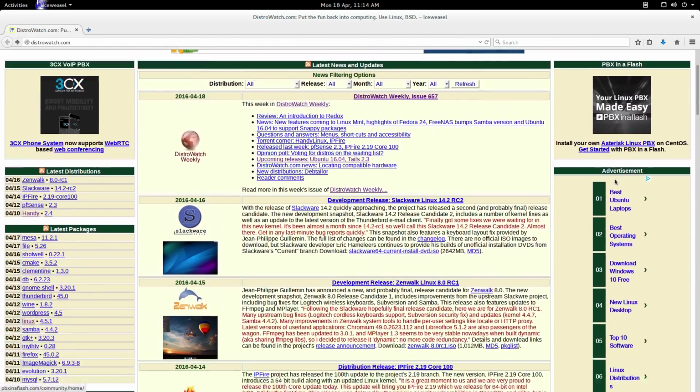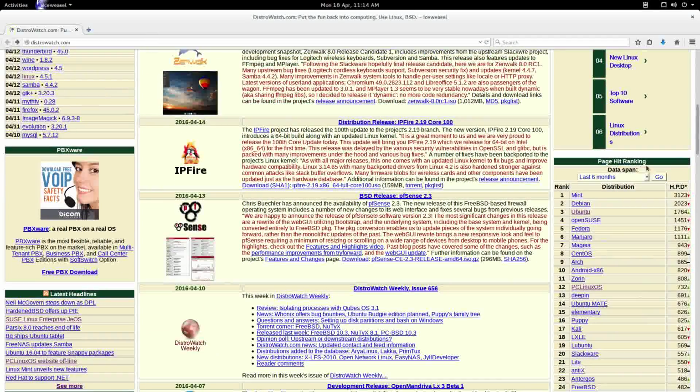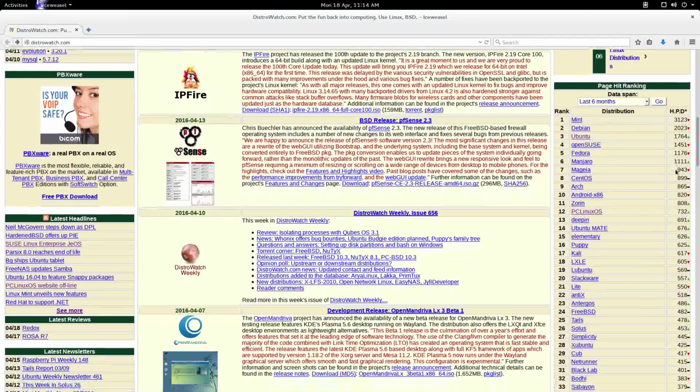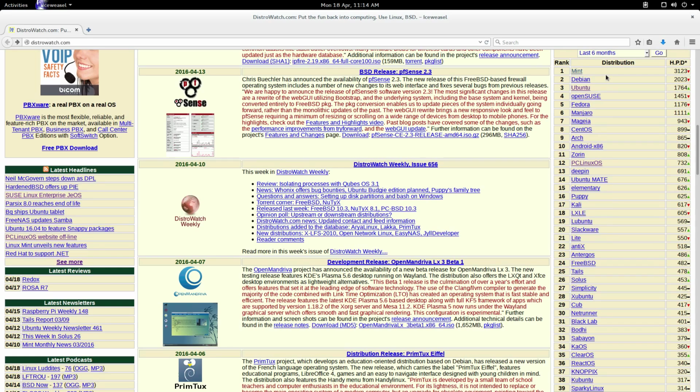And then to the right here is the page hit and ranking. These are just like the downloads, or how many people go to their website. So that's how they rank these. So of course you got Mint. We did Mint